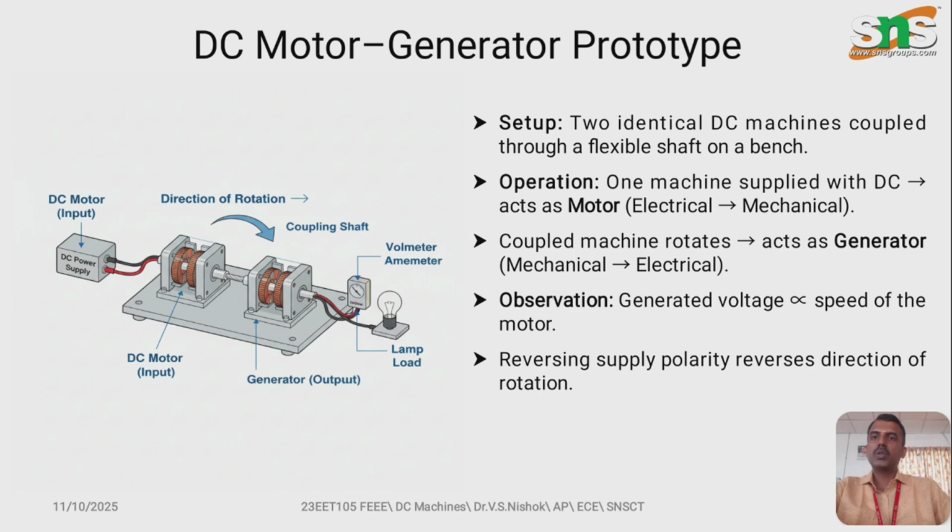So coming to the DC motor prototype and generator prototype. In this prototype we have taken both a motor and a generator and shown how they are utilized in an electrical application. We give an input from DC to the motor, which creates mechanical energy from the electrical input. That is given to the generator part, and in the generator this mechanical energy is further converted into electrical energy, which can be